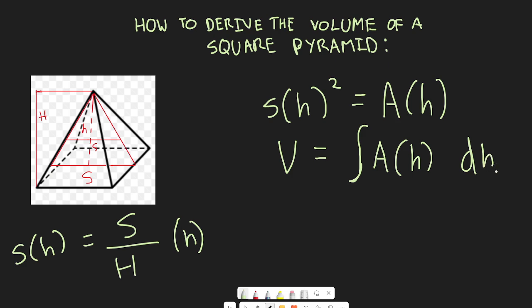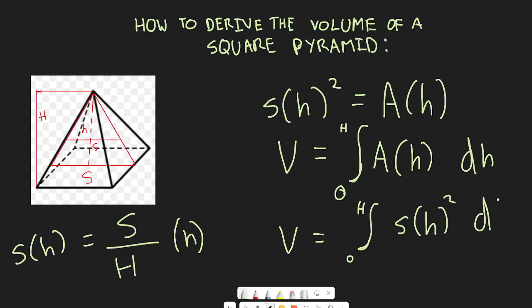we're integrating with respect to h, and we know our limits are, so over here we start from the base up, right? So from the base our height is equal to 0, so we set our bottom limit as 0, and at the top of our square pyramid the total height is uppercase H, so we'll set our limit as 0 to uppercase H. Okay, and over here what we can do is substitute our S of H over here. So we just say V is equal to integral of 0 to H, and then S of H